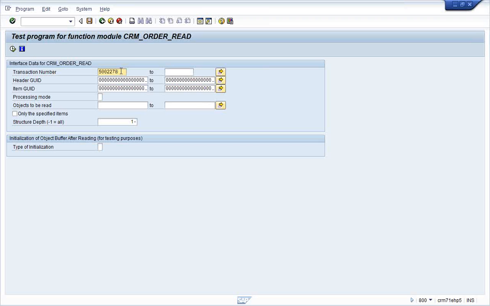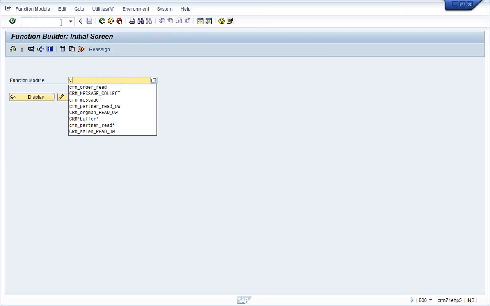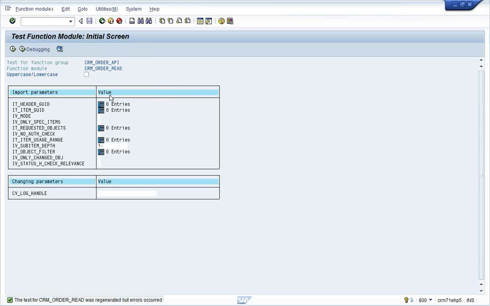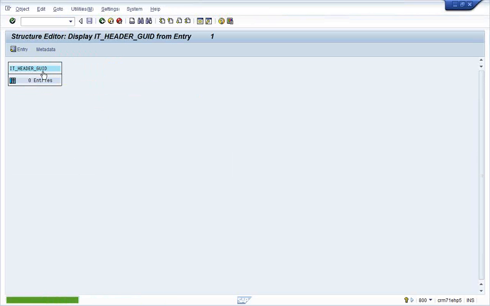Correct. This is just a tool which helps you to see how the data is organized into different data sets or objects. But we also have a function module with the same name, which is generally used to read the data from the transactions. This function module has to be used in your coding. It is generally used for coding purposes. So you cannot test it because it won't allow you to add any entry here.